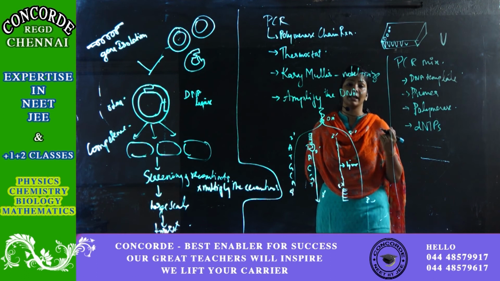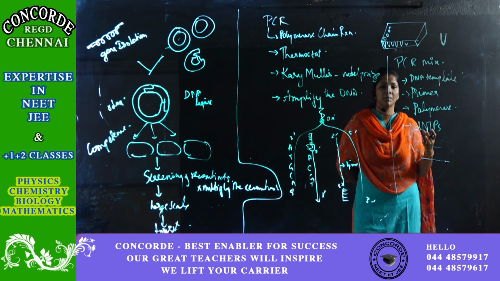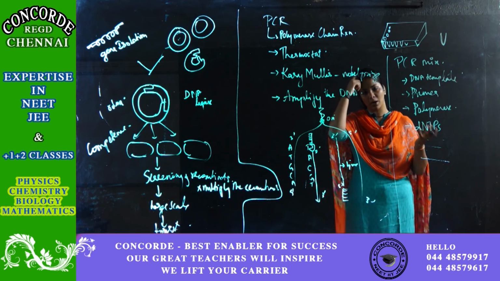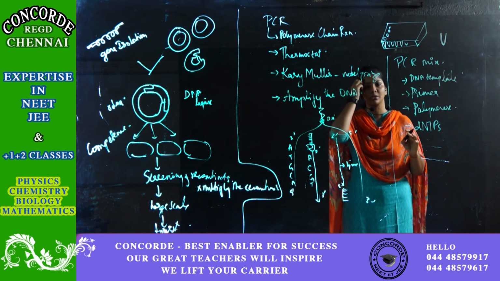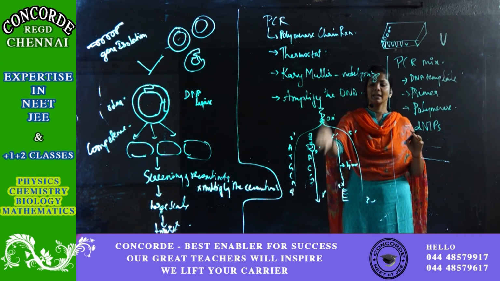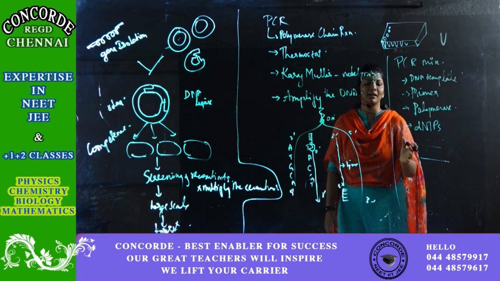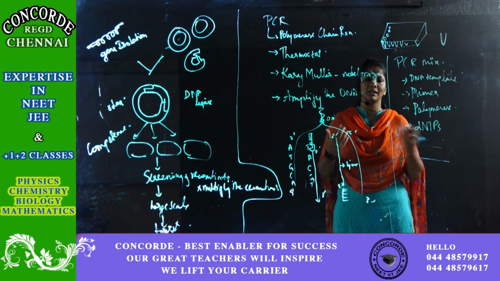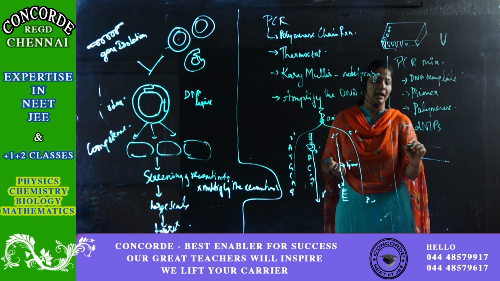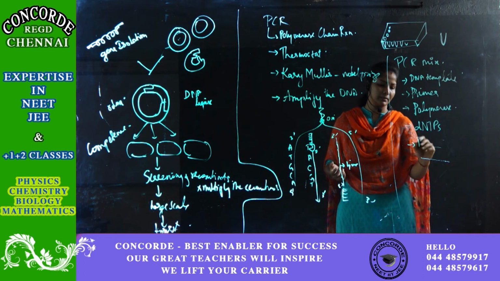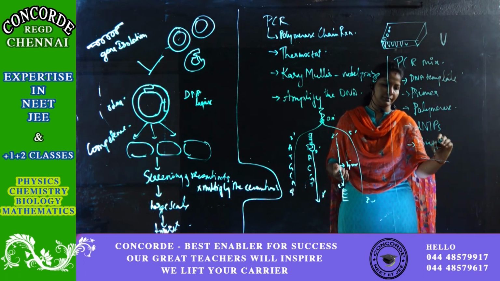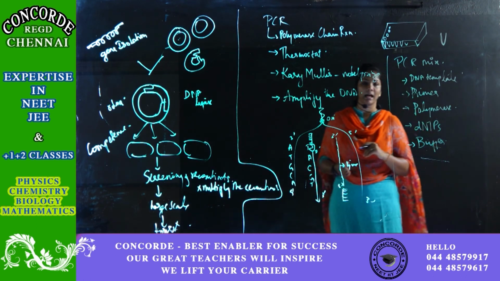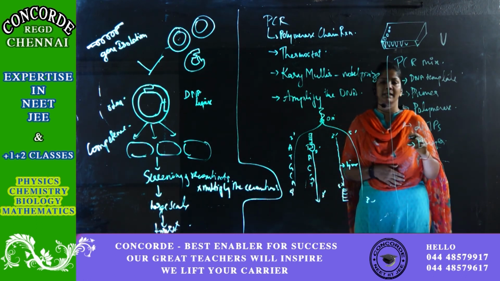I'll calculate how much amplification you want to make, and accordingly I'll add the dNTPs. When the dNTPs are not there anymore, the process will automatically stop. Clear? Here it is naturally available, but in the tube, as long as these are available, I can extend. When they are getting over, there's no point, I cannot extend. And then I'll add buffer. So these are the things I will add in the PCR master mix.